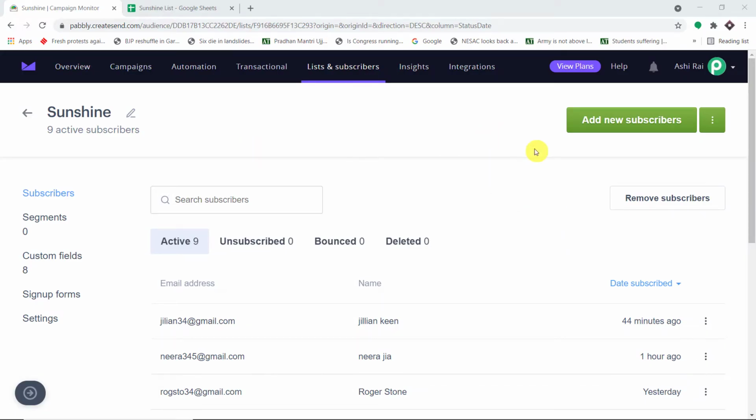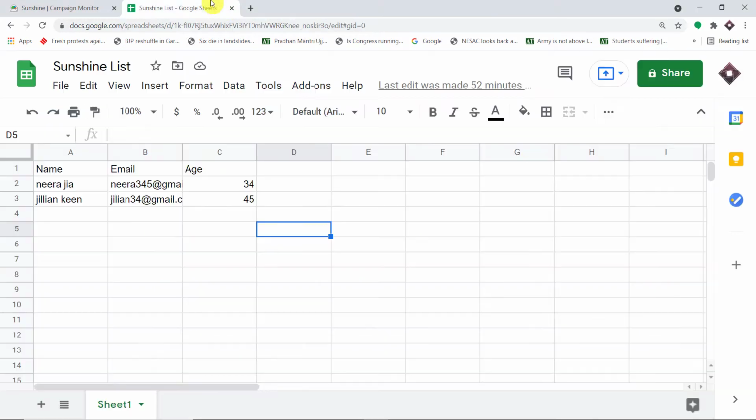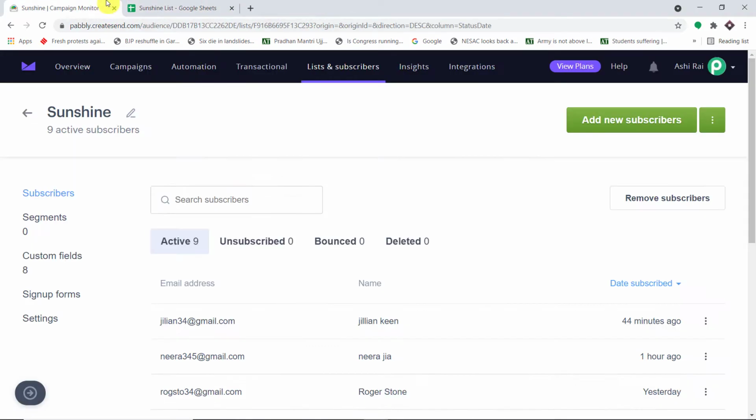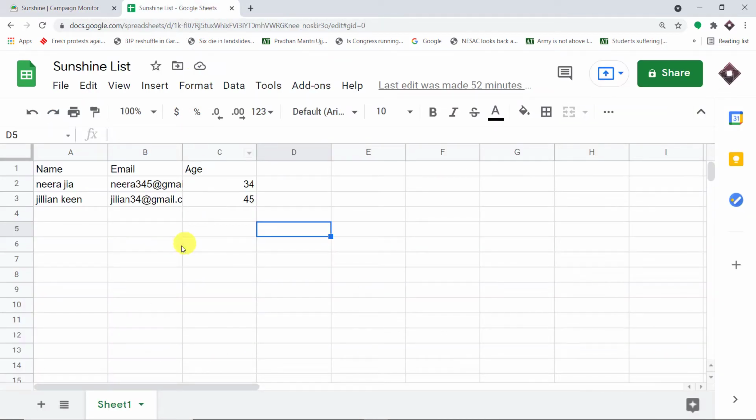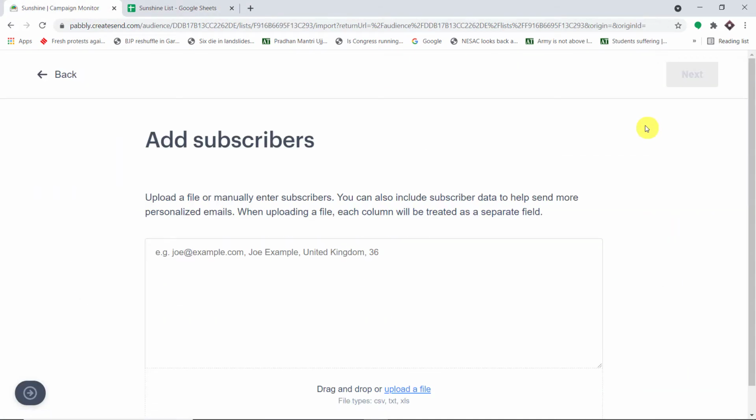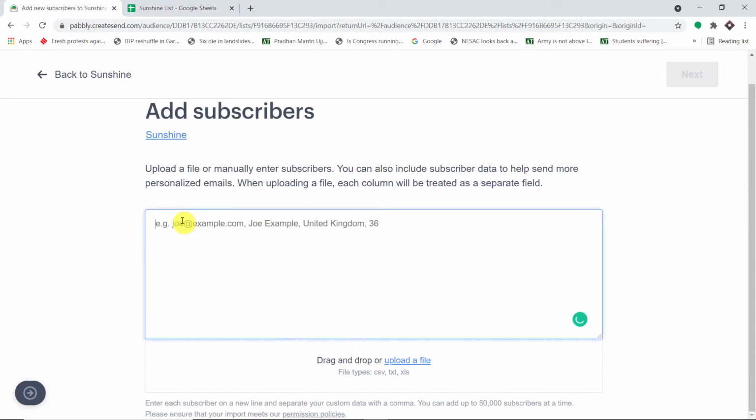Okay, so this is my Campaign Monitor account and this is my Google Sheets. So what I'm going to do here is add a new subscriber, and we will see whether the data of the same subscriber will be automatically added in Google Sheets or not. So let me do that. Let me just click on add new subscriber and here we are going to go with a name called Joy Rogan. So this is the email address